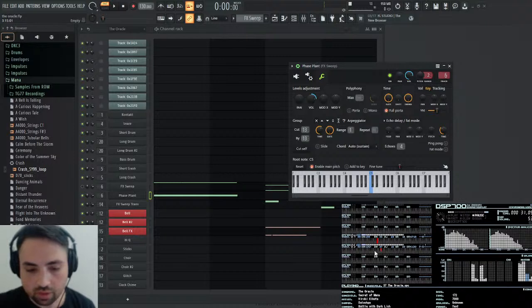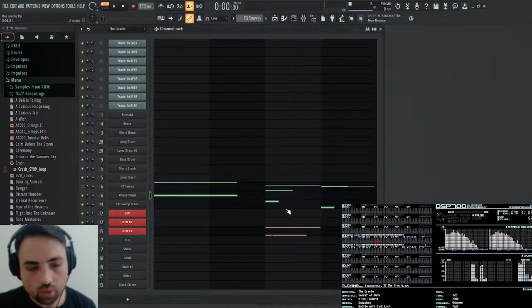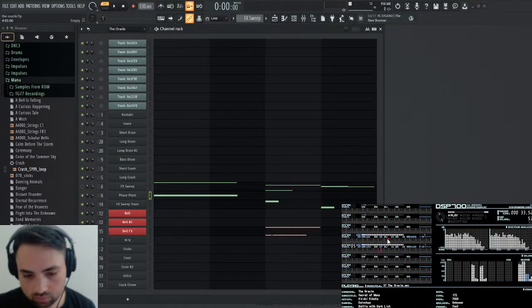What's happening here is you have a different sample modulating. So you have the gamelan bell modulating the FX sweep here. And what this sounds like without the effect, here I can turn on no podge. So you just have the gamelan bell sweeping down really fast. And then you just have